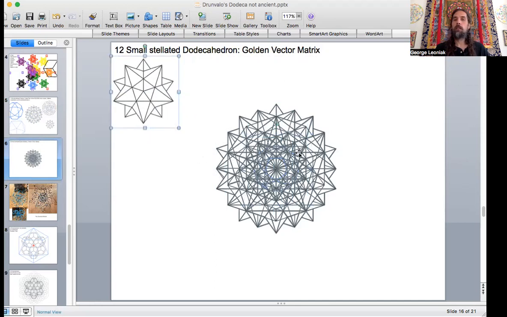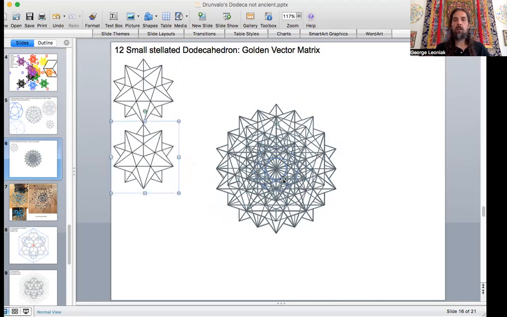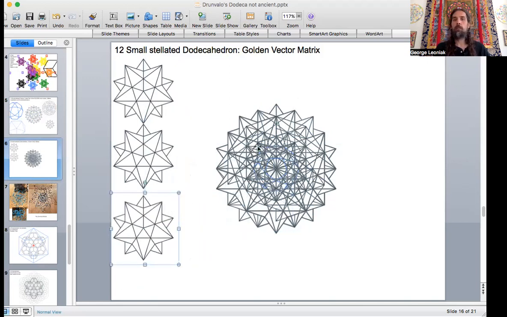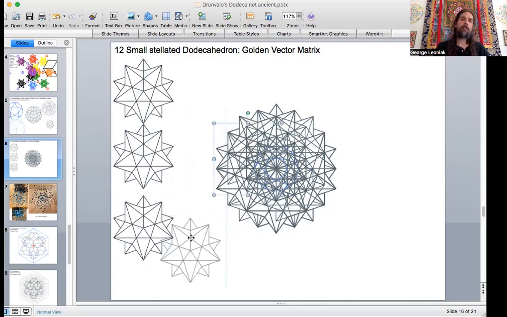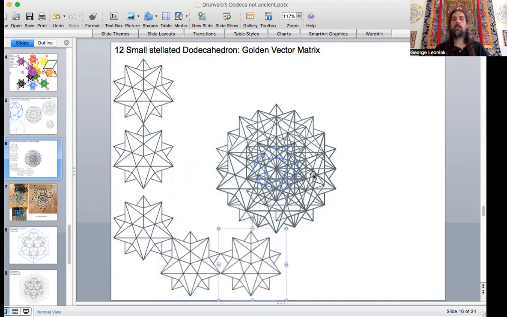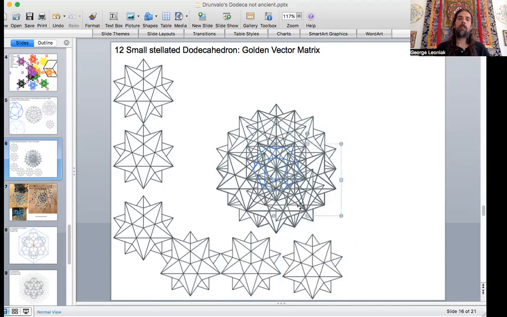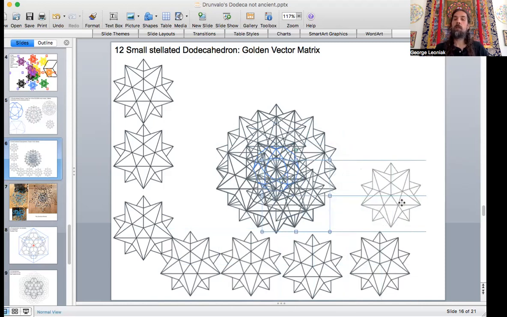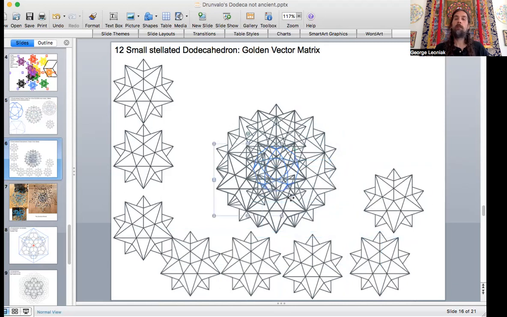So there's one. I'm just going to grab whatever wants to come off, because it does look like a lot, because we're seeing all the overlapping of lines. But I built these things, or I built enough of it, because I ran out of Zoom tools for a while. After a while, I built enough of it to see that everything is interlocked and entwined, and things are matching up and meeting in the middle, and the vertices are meeting into the center, and it's got different rules than working with the isotropic vector matrix. Because believe me, I built that a lot too. So it's definitely got different rules because we're working with the golden proportion throughout this whole diagram.